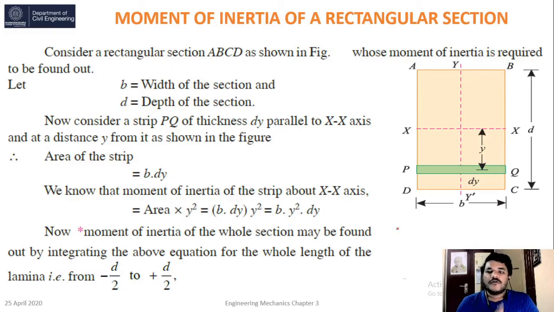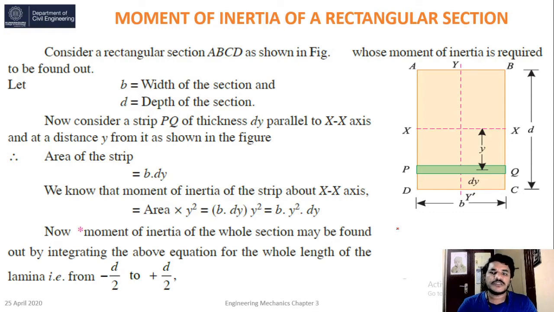Now we are going to move into determining the moment of inertia of different standard sections. Basically we use rectangular, square, triangular, and circular sections. In columns we use circular, square, rectangular sections and so on. In buildings, in beams we use square and rectangular sections. Triangular sections may also be used in columns.